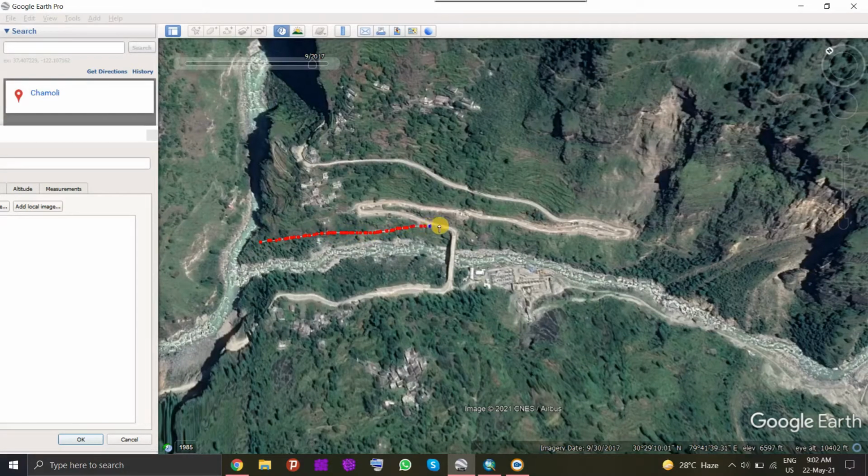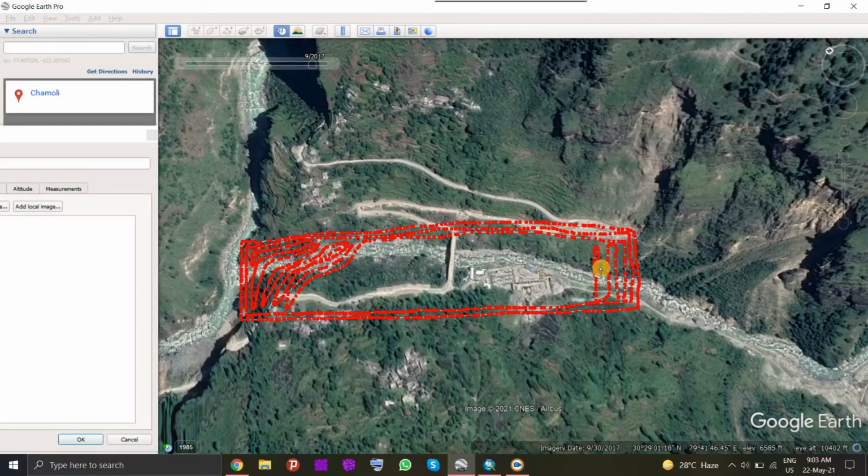For the outermost points, you don't need to have so much clarity, but where you want a little bit higher resolution, you need to go slow and try to pick up as many points as you can, remembering that an increase in points will increase the processing as well. So here I will select fewer points on the outer boundary, but I'll try to pick up more points in the region where there is a river and there is a bridge.